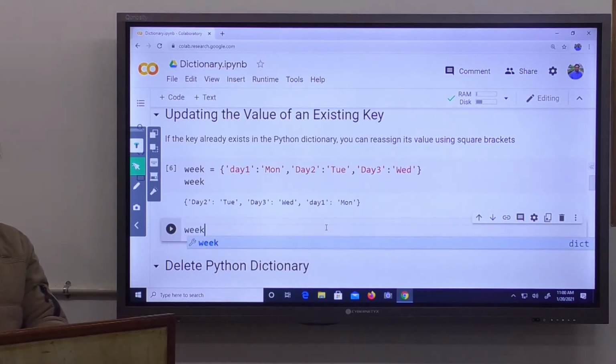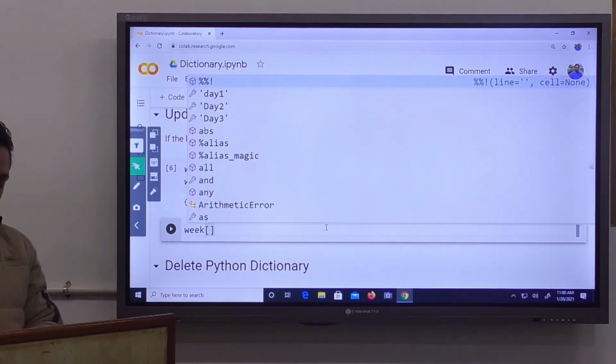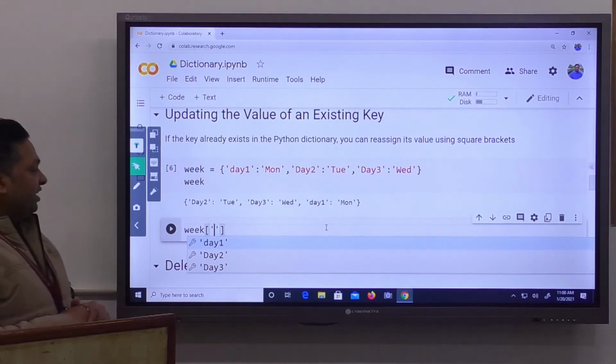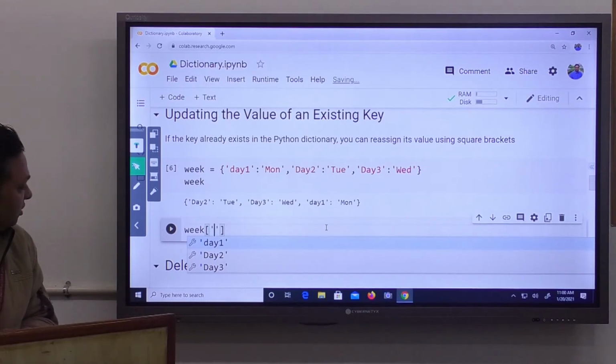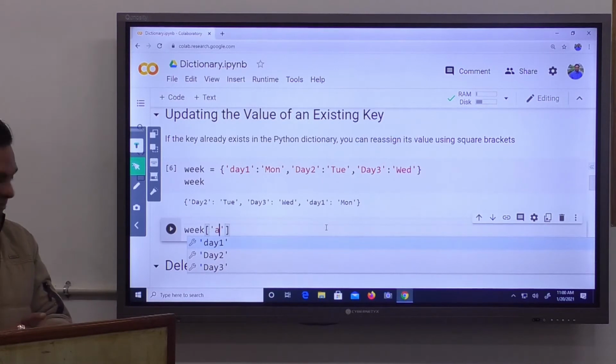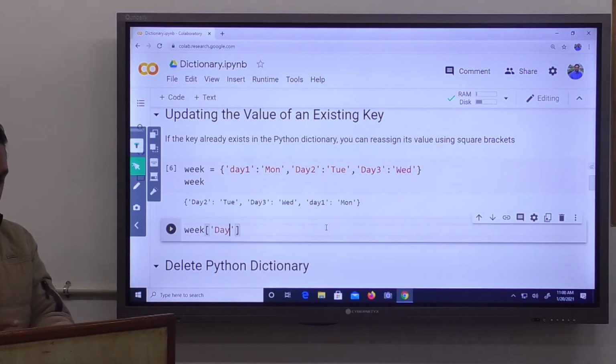So we write week, square bracket, then first we write the key, suppose day4, is equal to Thursday.